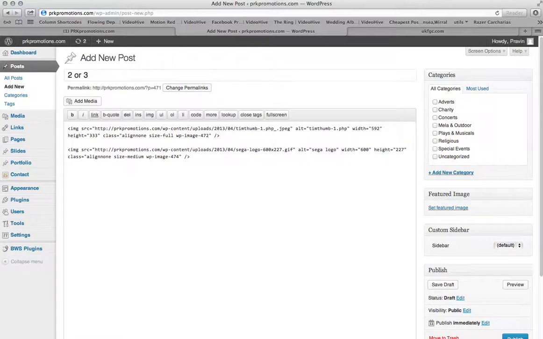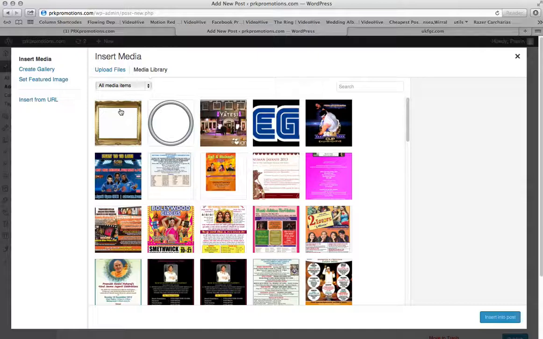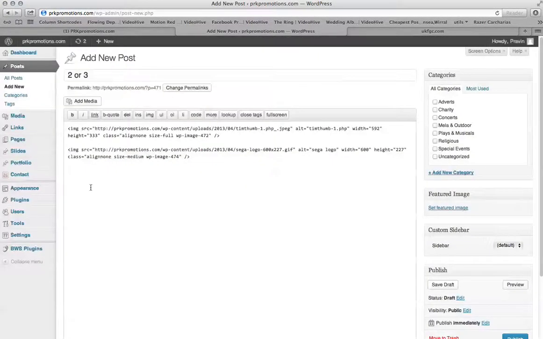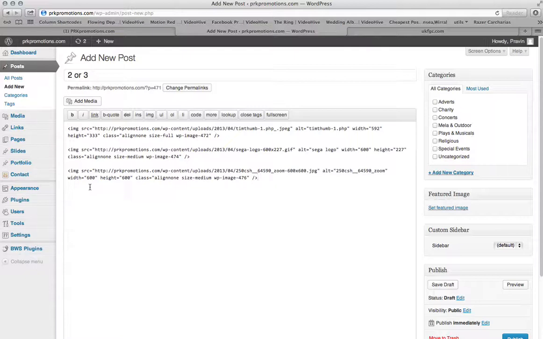Hit return again, go to add media again, pick the next one, insert into post again. So this would be systematically page 1 of the flyer, page 2, page 3. You can do it that way. Of course, pick your charity. Sorry, pick your category